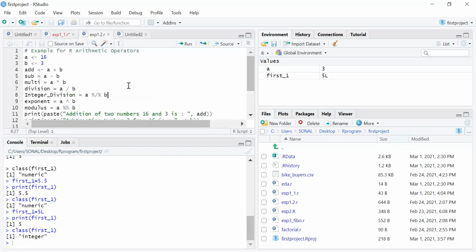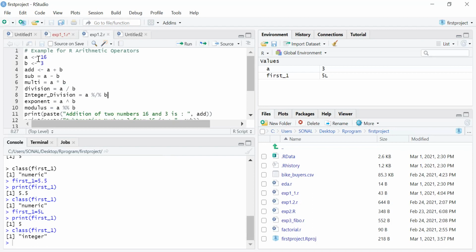See here, it is just showing you the different types of arithmetic operators that can be used with R programming. So I have assigned the values. Either you can use the equal to sign or you can use the less than and hyphen sign to assign a value to a variable. So here I have A and B as 16 and 3 respectively.